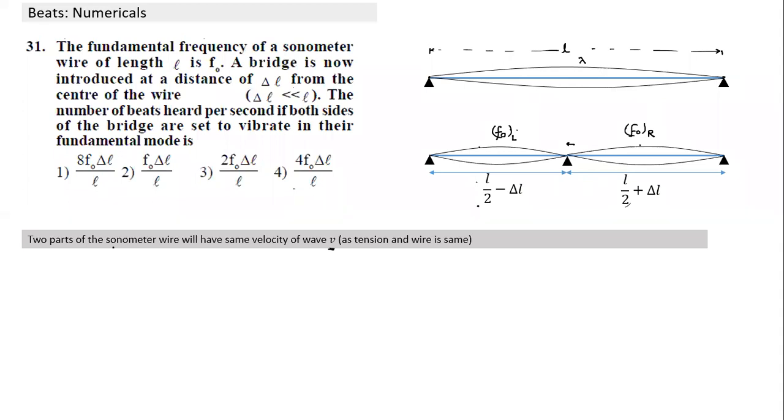Can we write an equation? What is the fundamental frequency? This one. So what is given here? Let me write this first part. What is F naught? F naught, fixed at both ends, is equal to V by 2L naught. That's what is given here. This is the first equation. Based on this term, we can write other terms also. Let's write those terms and find the difference in terms of F naught. So finally, wherever the V by L term is coming, V by L can be written as 2F naught. So let's try and solve this question. What is left now is simplification.